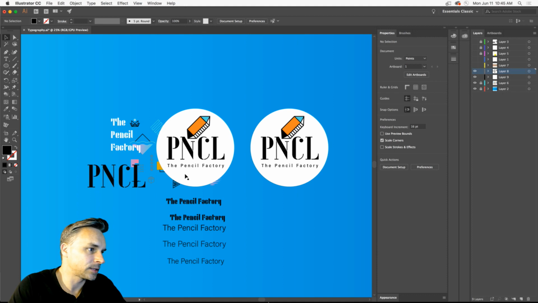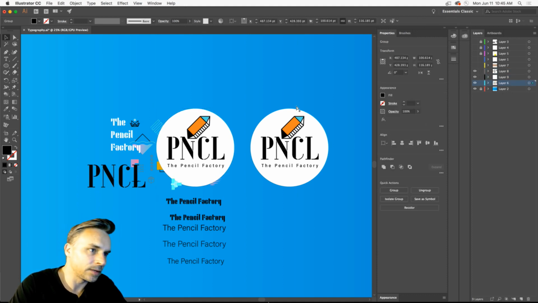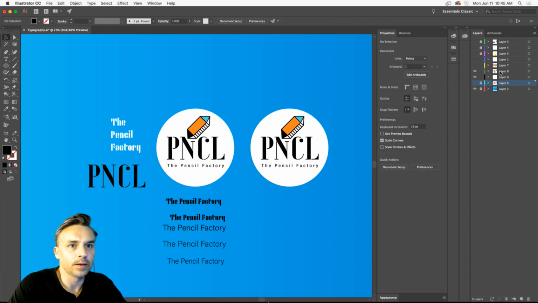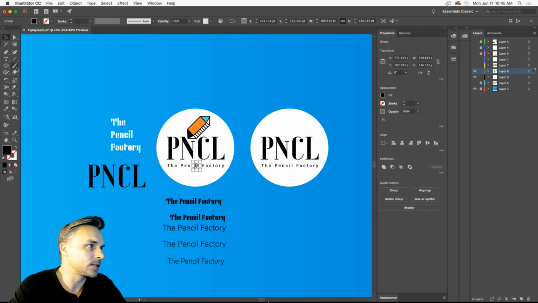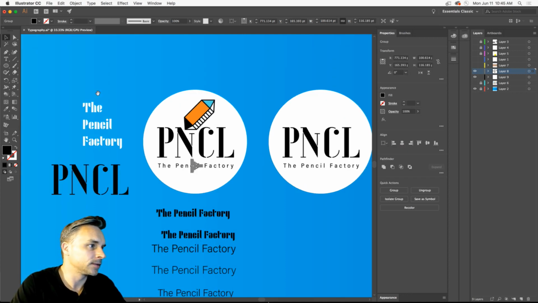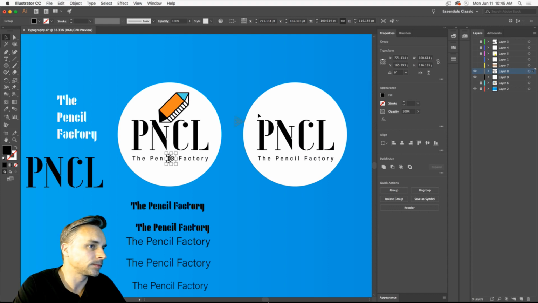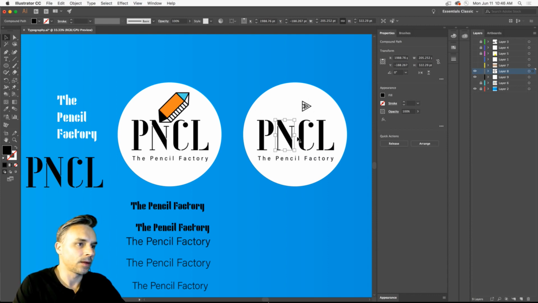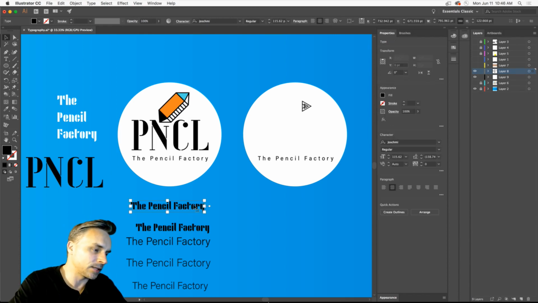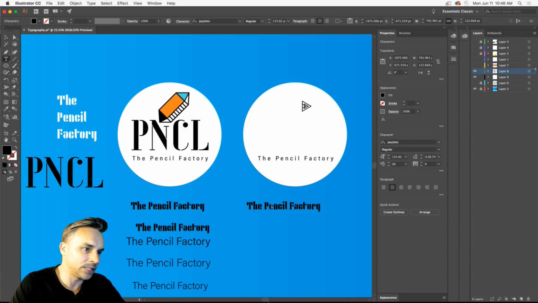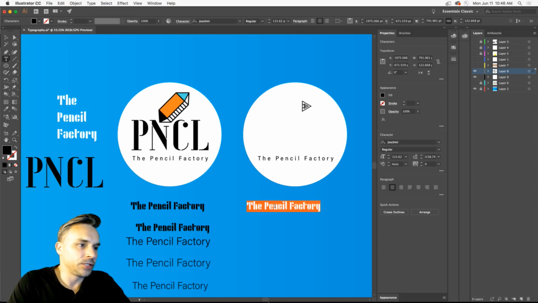I'm working on these two logos. Let's bring in this design element. Wait for it. I'm making two logos. You're going to have to give me a second. I'm using both these fonts that are new today. Monday, June 11th, that is. And I'm only going to go for about 10 more minutes. I'm using Yosemite now, and in this case, PNCL.